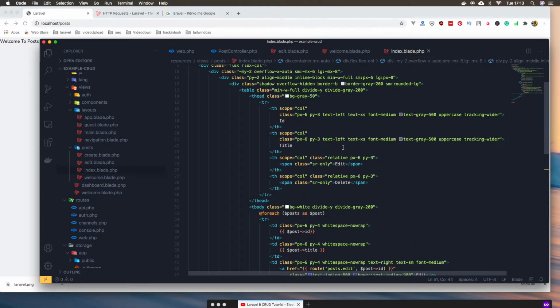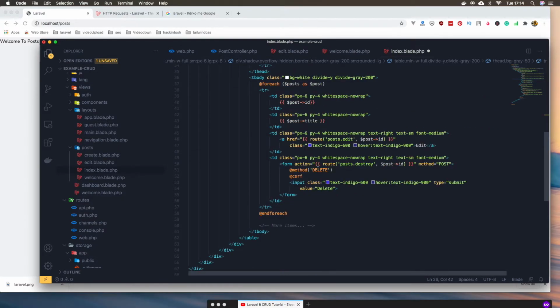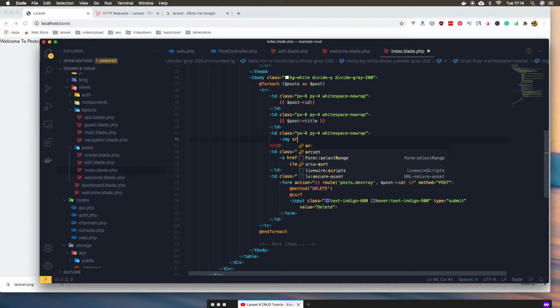We have the ID, title, and I'm going to add another one. This for image, and I'm going to add the image here, and img with source Laravel asset method, and inside the